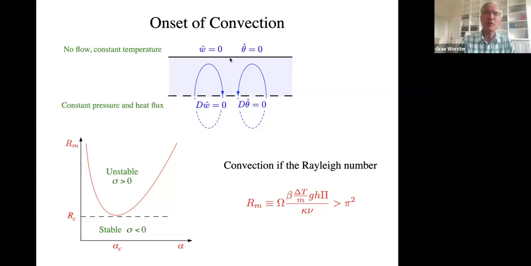So let's just think about what's going on inside this mushy region for a little bit. We're cold at the top, warm at the bottom. Because it's coldest at the top, this is where there will be most ice. And because there's more ice here, more salt has been put into the liquid between the ice. And so the liquid component is saltier and therefore denser up here where it's cold than down here where it's warm. And because we have dense fluid above less dense fluid, they would like to